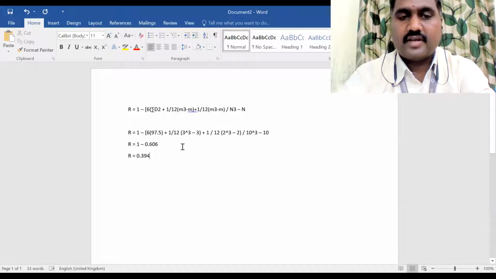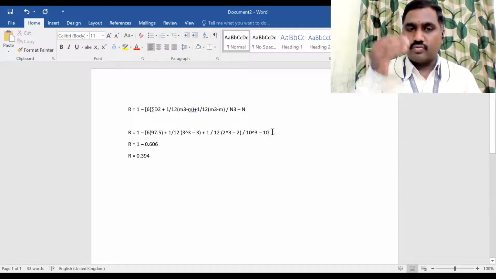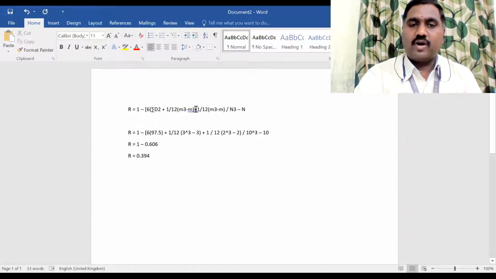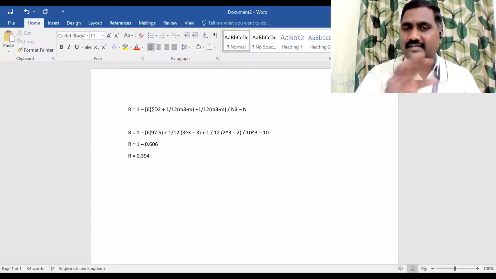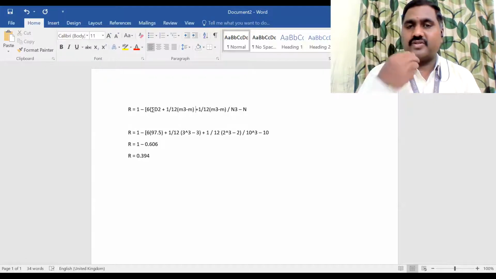0.394. Guys, after this second step, there are 2 more steps. You put that simplification and tell me, no problem. Don't do it in a hurry, and don't copy the problem I wrote in the Word file as it is. I'm just giving the outlook of the calculation part. You need to simplify. That's why I told you